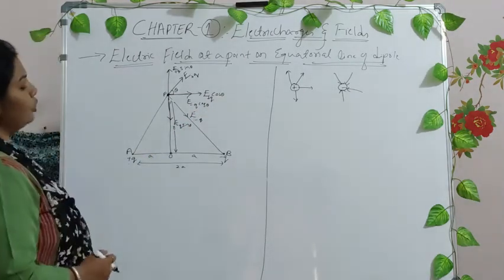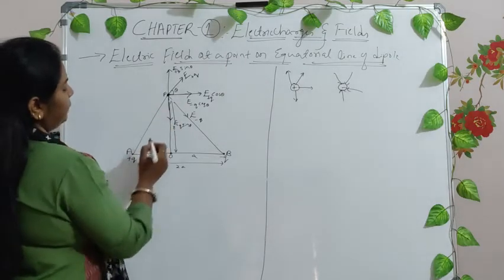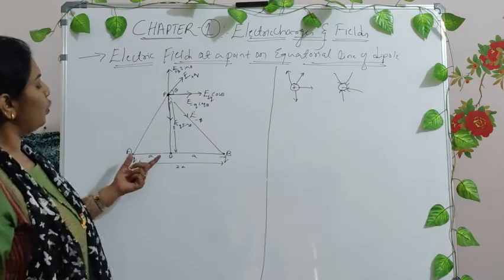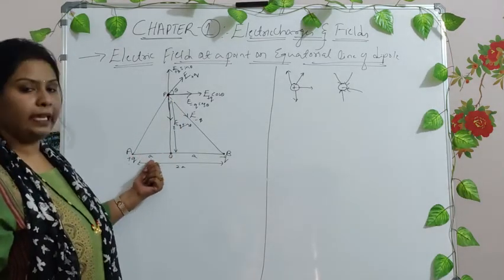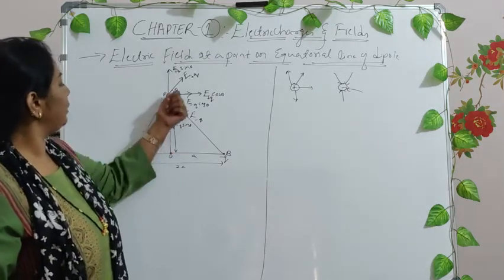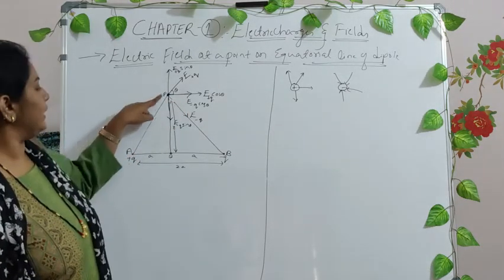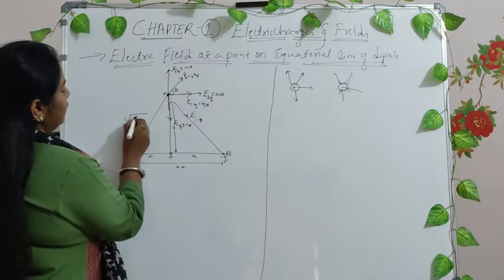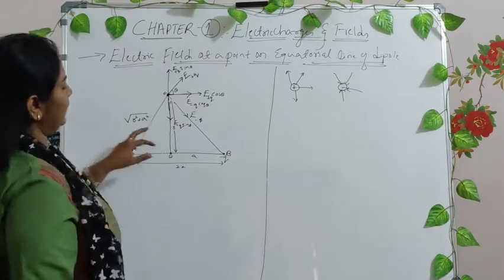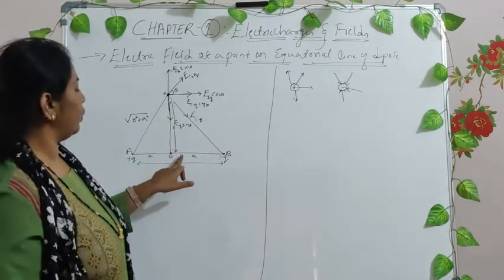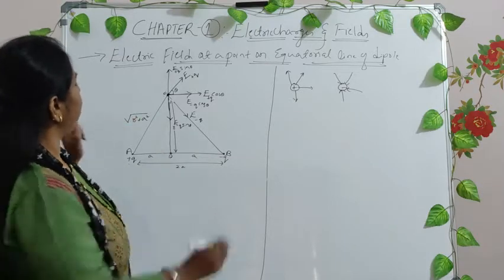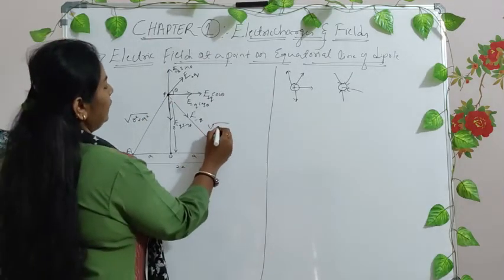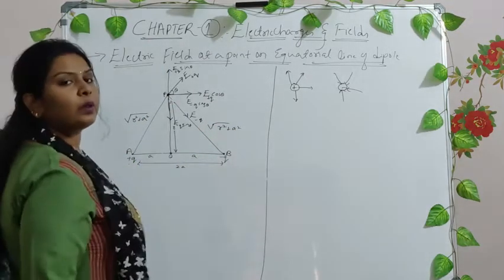Now before this, this is the right angle triangle, right? This is AOP and BOP. Now you know the length between A and O, that is a. You also know the length between O and P, that is r, right? Now what is the length between A and P? It is root of r square plus a square. Exactly in similar lines, the distance between O and B is a, the distance between O and P is r. What is the distance between P and B? It is also root of r square plus a square, right?